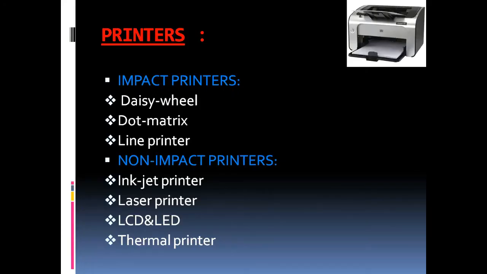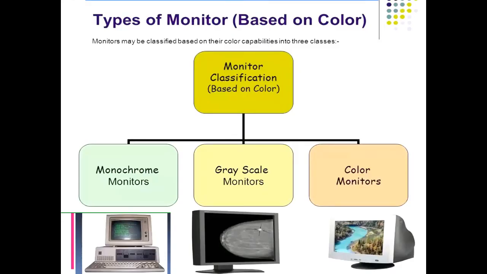Now we start. The first one is monochrome. A monochrome monitor is a type of CRT computer monitor which was very common in the early days of computing from the 1960s. A monochrome monitor actually displays two colors, one for the background and one for the foreground. The colors can be black and white, or green and black.